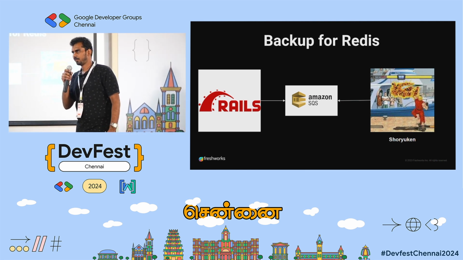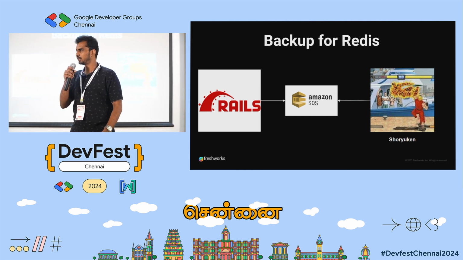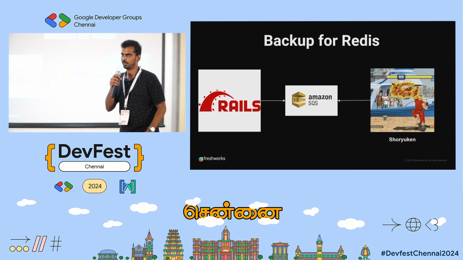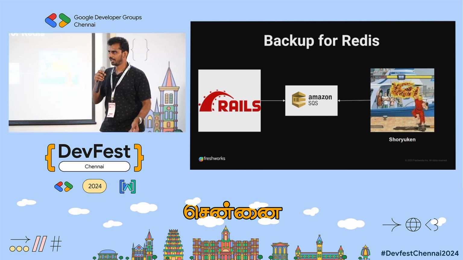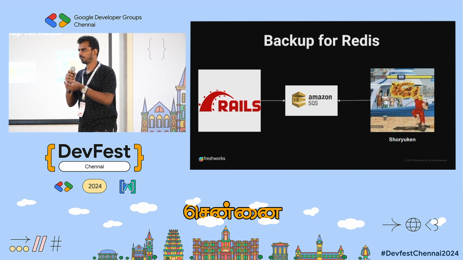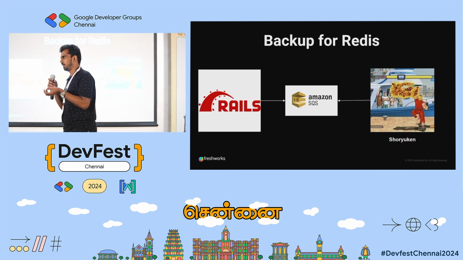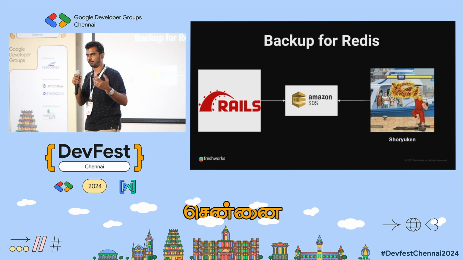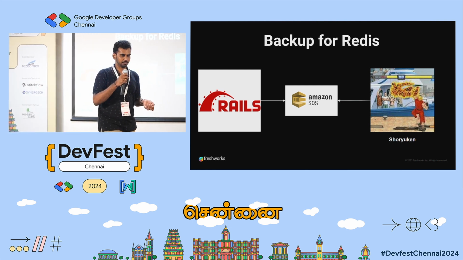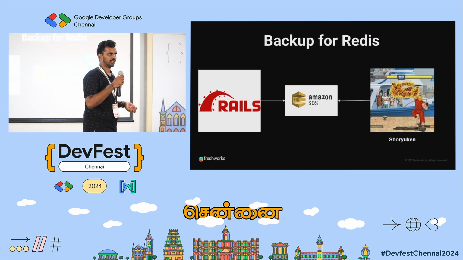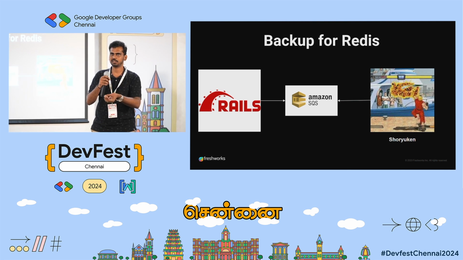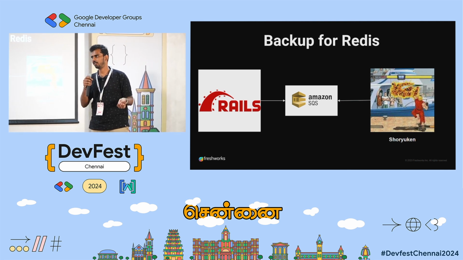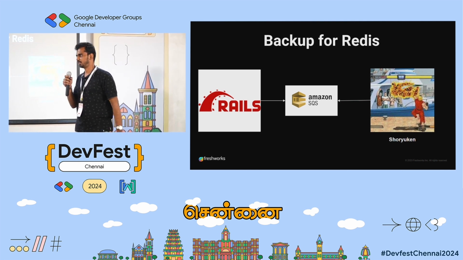So it is the same kind of queuing background framework. Instead of Redis, Shoryuken will use SQS as a queuing job. So this is one example of how your app and infra need to be aware. It may be some other framework also, Spring Boot or some other queuing systems. If you have a fallback, then the app is aware that infra is down, and then we can avoid such big downtimes.